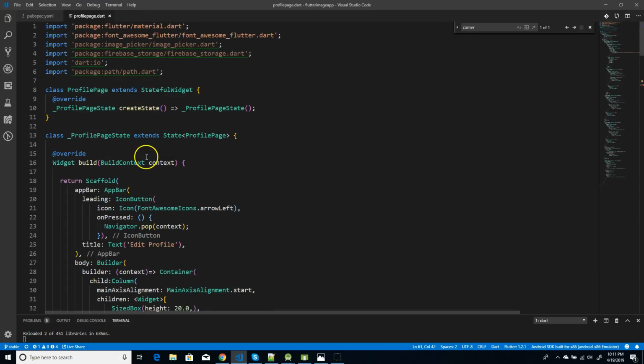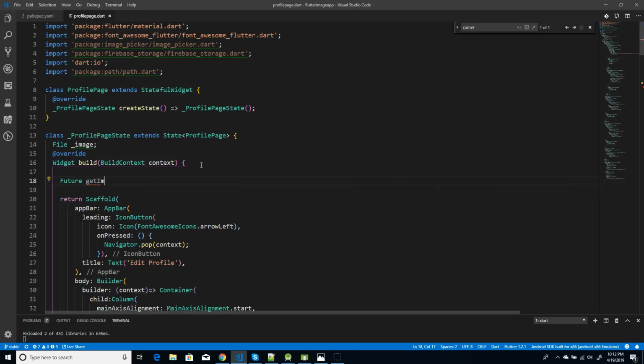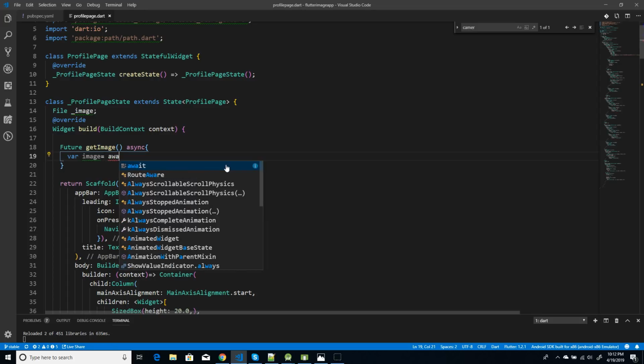And now let's implement this. So to start with the implementation, first thing I'm going to create a variable of type File, and that's called image. So now let's focus on the getImage implementation. So I'm going to use Future and then say getImage, and since I'm using Future, I'm going to use async. Now inside this, all I have to do is create a new variable, and I'm going to say await,